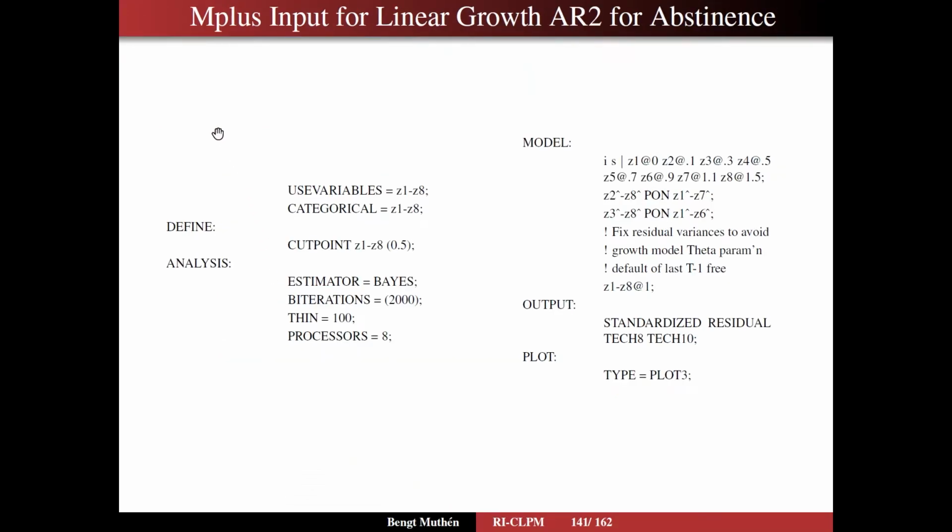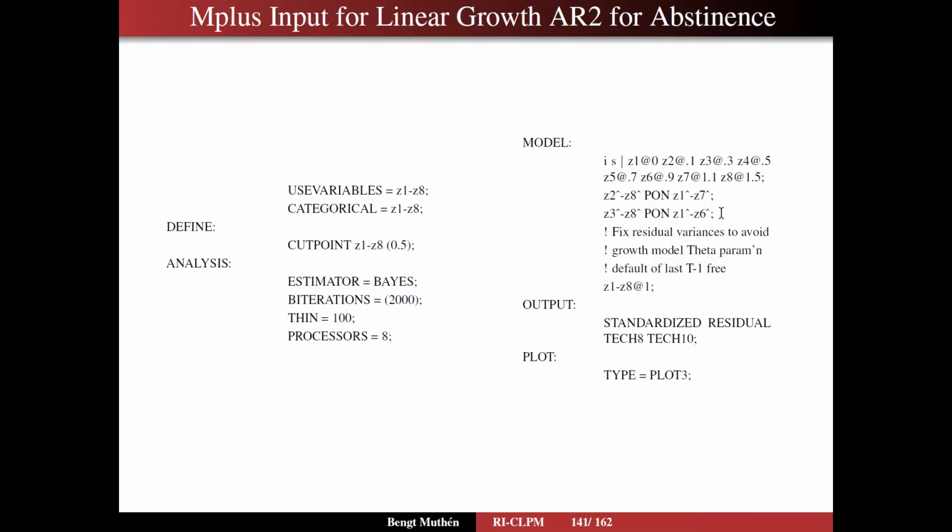The input for this linear growth AR2 model for the binary abstinence is here given for Bayesian analysis. So we have categorical Z variables and we cut them. It's a 5-category variable that we dichotomize. And we have a Bayes estimation going on. And on the right we have the linear growth model with the same time scores and the AR1 and AR2